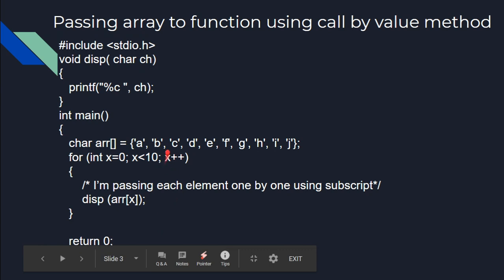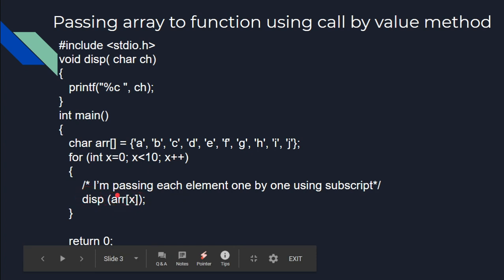Here what we have to notice is that the function call is done by value. You can see here this is the function call. Now the function call is made by value. So this is the example of call by value, passing an array to the function, and again we are just passing them. This is the function, we are passing the whole array.